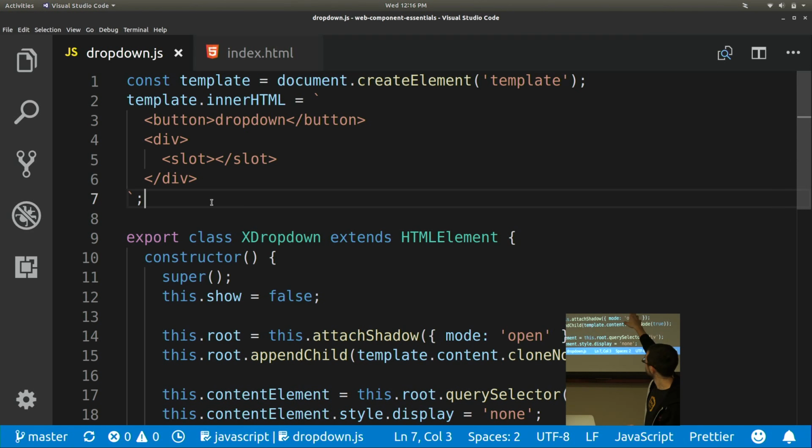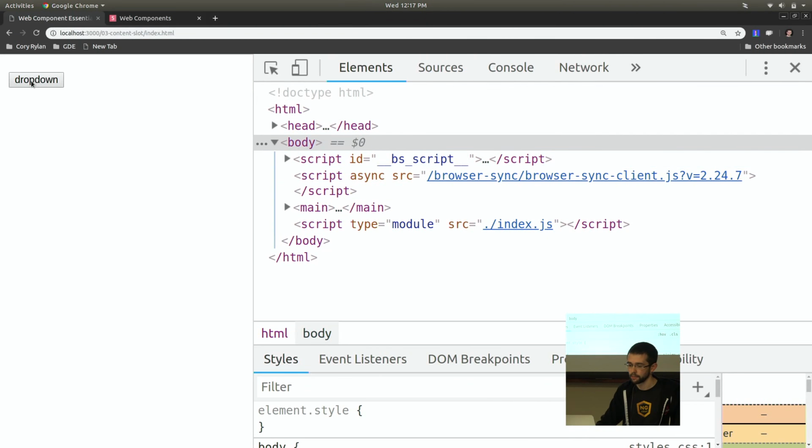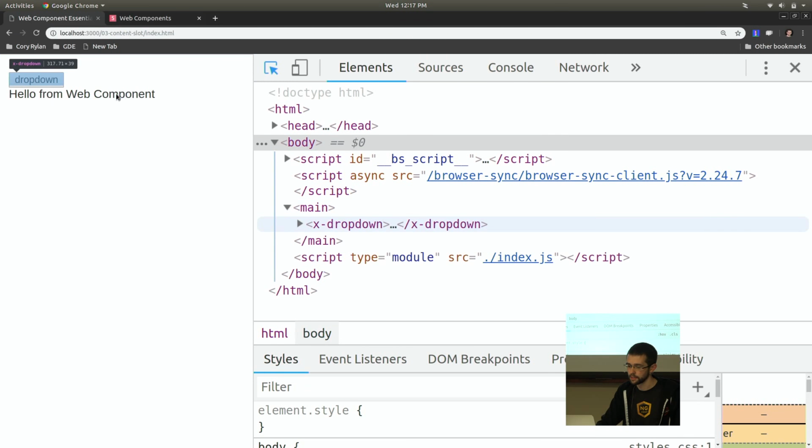So in my example, I have my template. I'd have a button for my dropdown. I have a div element, and now I have this slot element. The slot element is what tells the browser, take that dynamic content and insert it at this point, line 5, in my template. So if I go back and look at my running example,